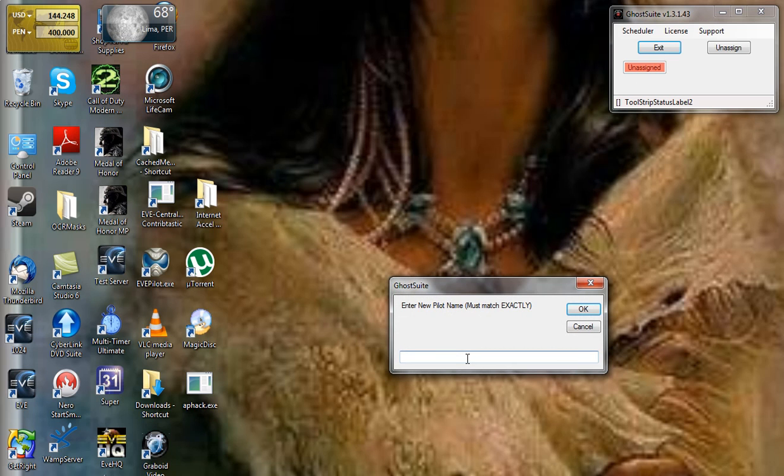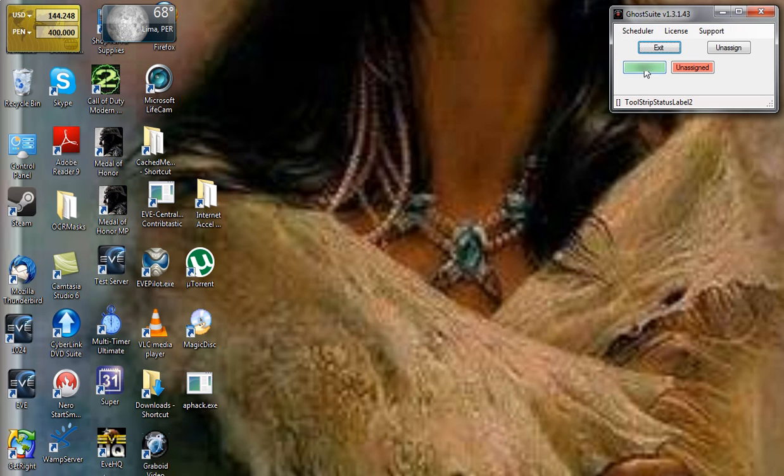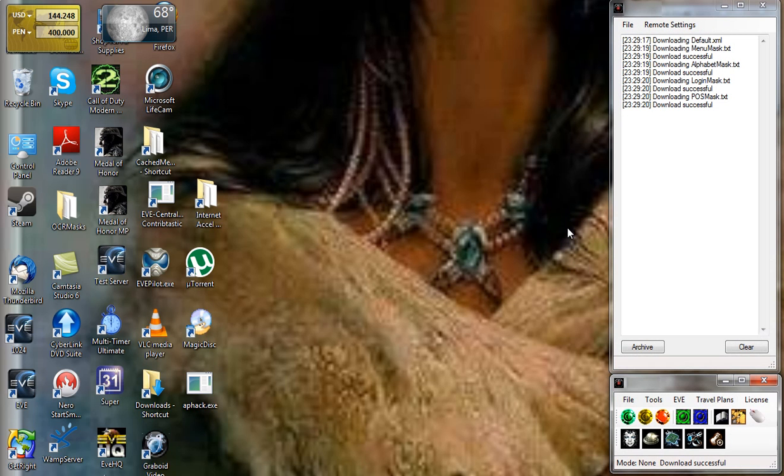Next, you're going to assign the button for your pilot. The name has to be exactly the way it is in game. Capital letters, spaces, the whole nine yards. Once you have it assigned, you can open up that pilot's GhostSuite or Ghost Miner. Now,